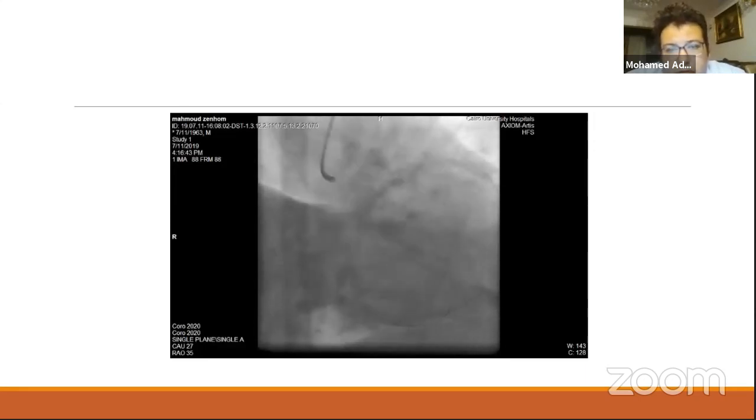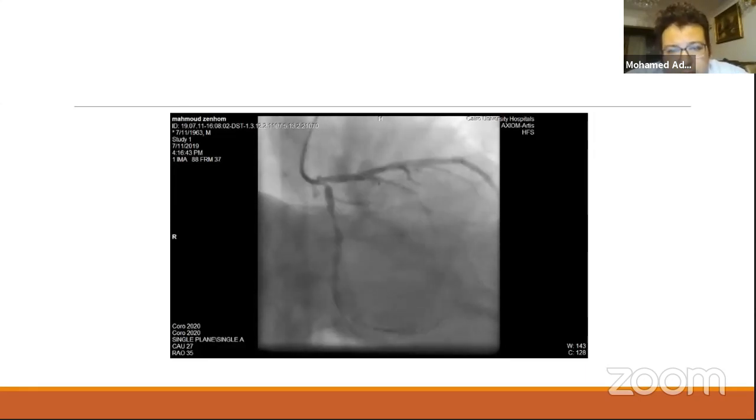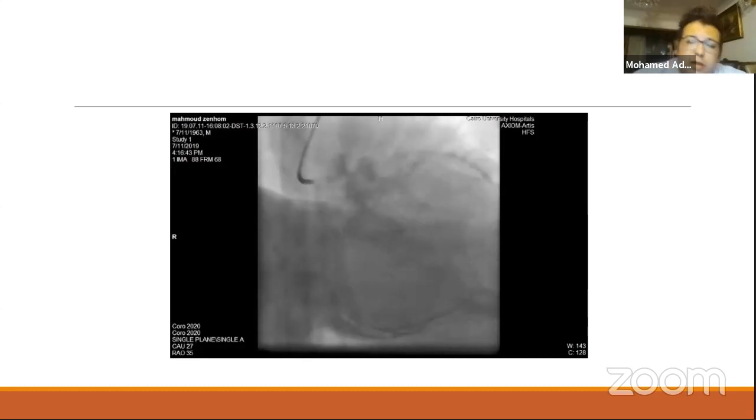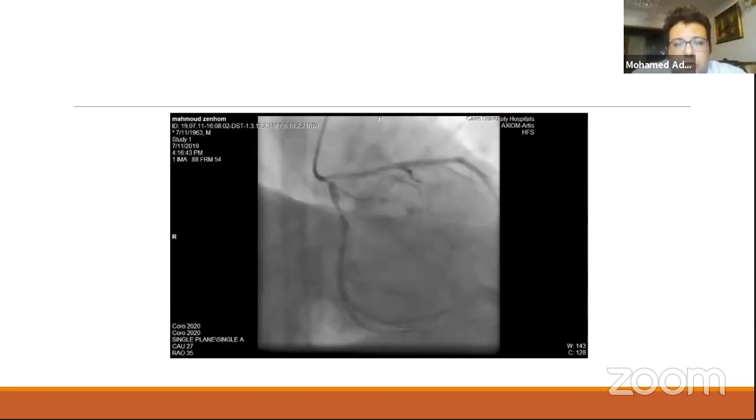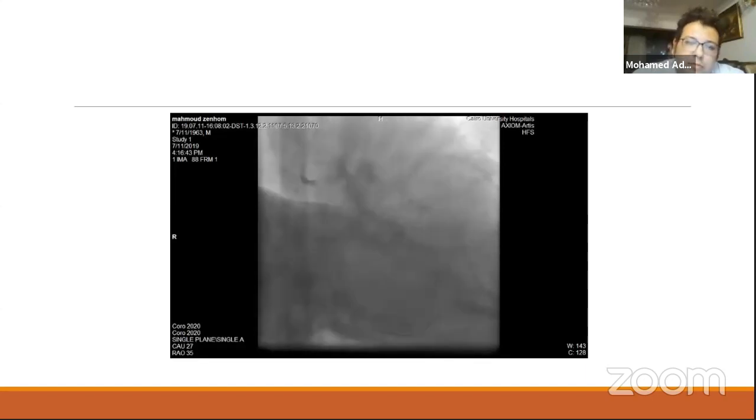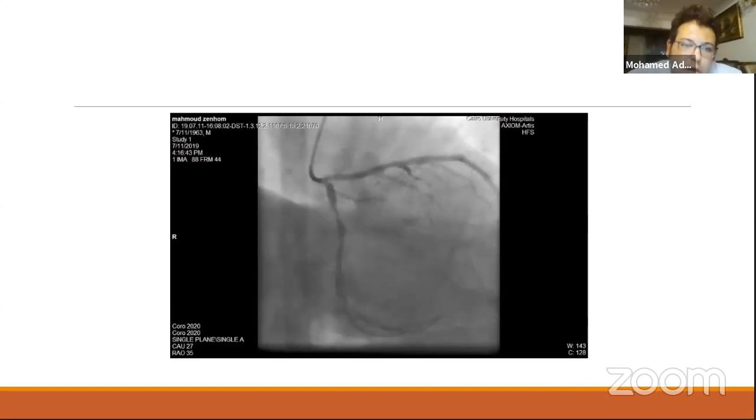I had to stabilize flow in the LAD first, then go to the left main. Particularly, the left main is not that tight, and if I stabilized the mid LAD, I can deal with the left main at a slower pace, and I can do a good job with good flow.